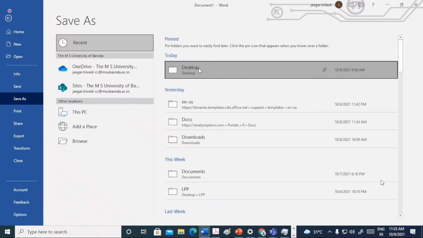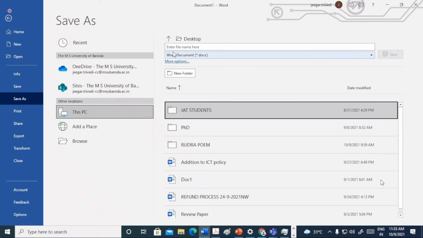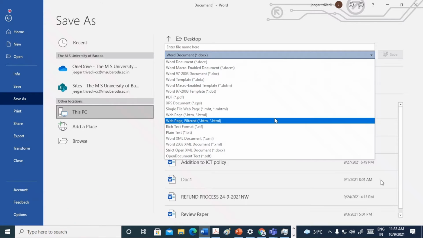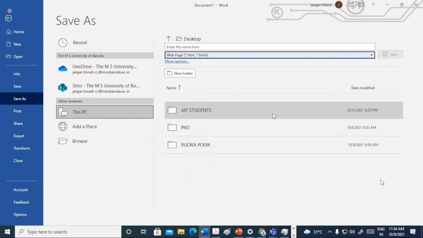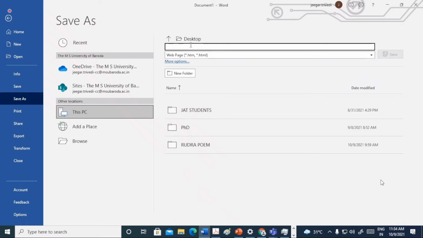Let us go to the desktop, and here you will find the save type. I'm going to save it as web page, star.htm or star.html. You can also see the different formats which are directly available. So let us say web page, and I'm going to give the name test. Let us save this.